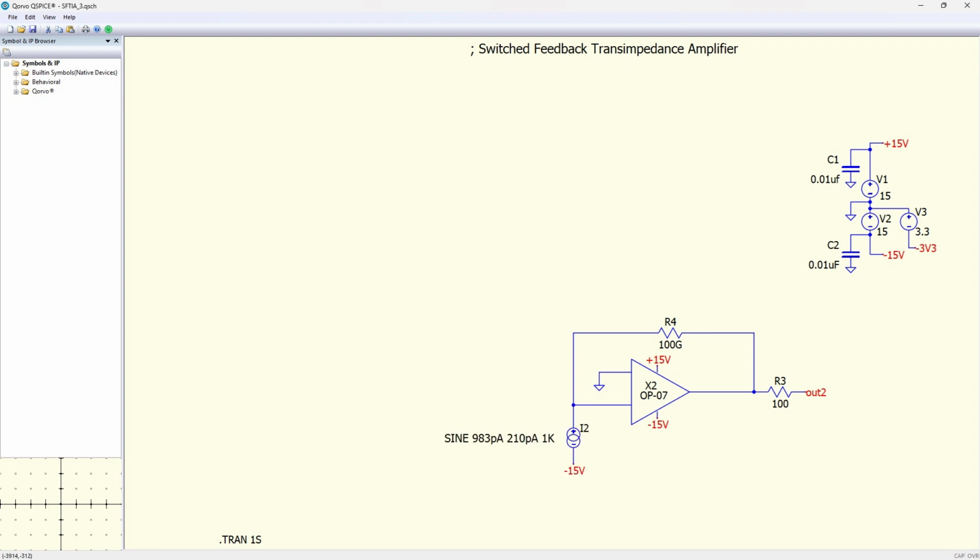The input signal will be a very small current, like that which is produced from a photodiode. When exposed to light, a photodiode will output a small current signal. Here we will use a current source to represent the photodiode. We will configure the current source to produce a 210 picoamp sine wave at 1 kHz with 983 picoamps of